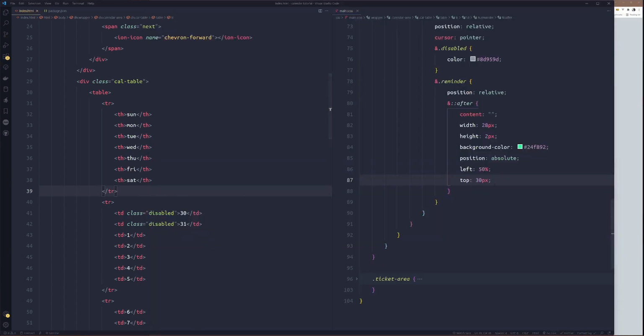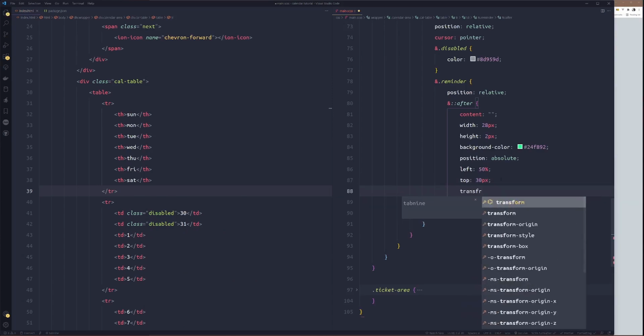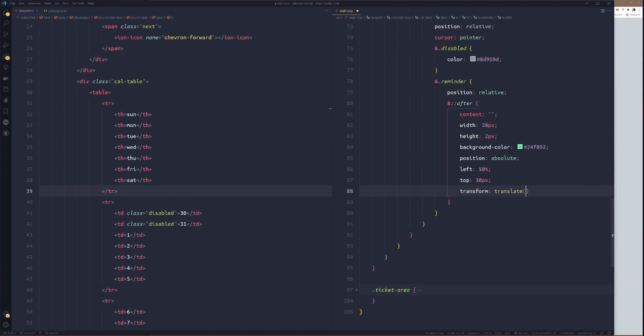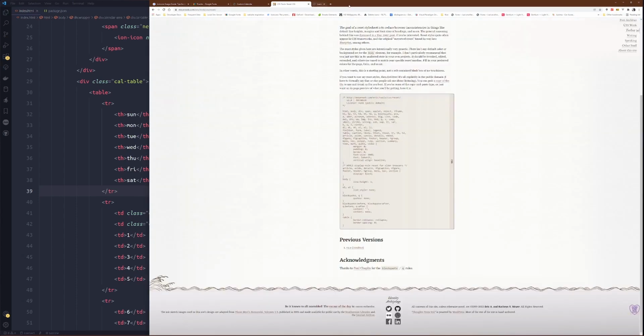Then to center, one funny thing, transform translate minus 50% 0. So with these two, you get to center absolutely positioned items. This is the trick here, man. Now, let's see.